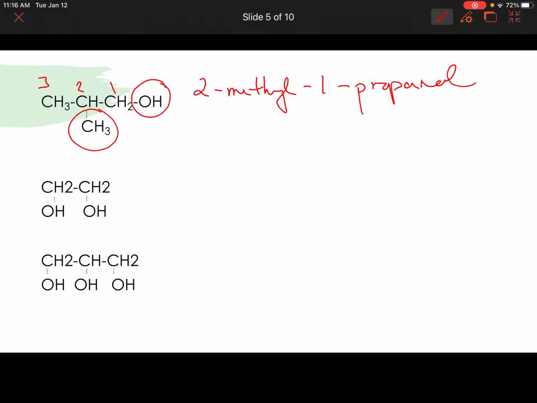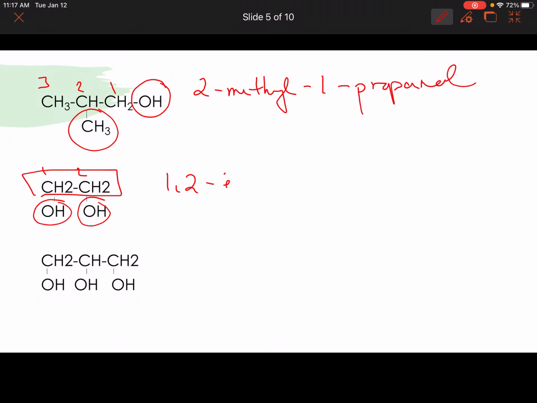Now, these next 2 examples, and again, you already have these in your notes here. These are our diols and our triols. So we've got a diol here because we've got 2 hydroxyl groups here. So the name of this, then, we have to indicate where those are. It doesn't matter which way you start numbering from because they're the same. But this one's going to be 1,2-